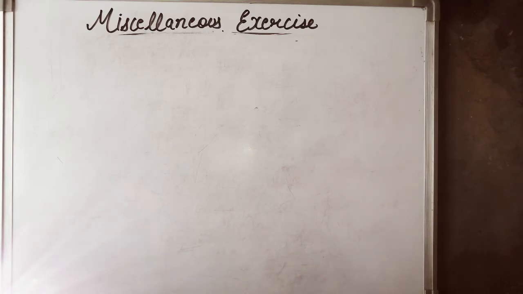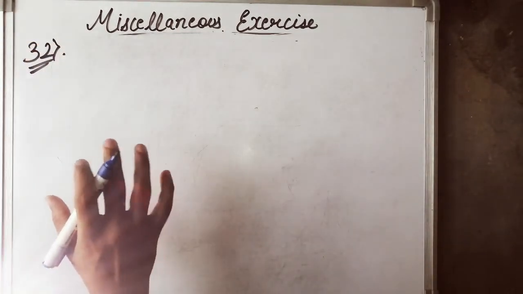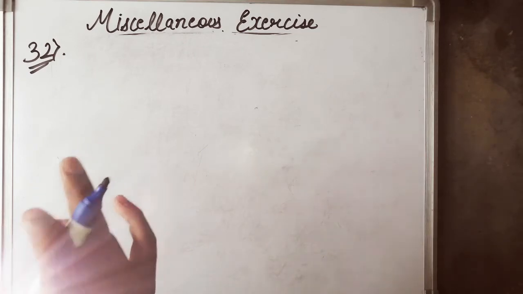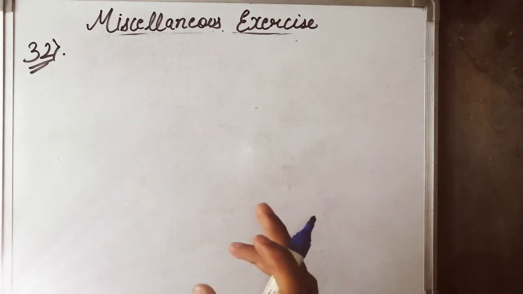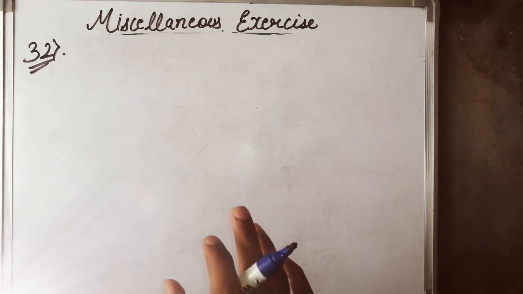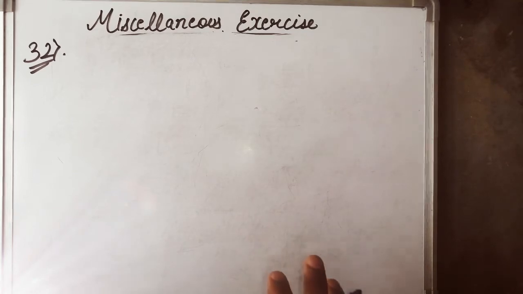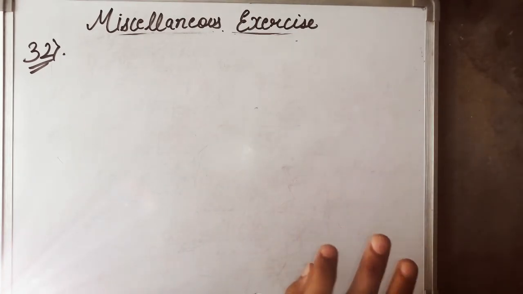Friends, I'm not doing the 31st question because it is the same as the 30th question and the same logic is applied here. That's why I am moving directly to the 32nd question, which is: a market research group conducted a survey of 1000 consumers and reported that 720 consumers like product A and 450 consumers like product B. What is the least number that must have liked both products?